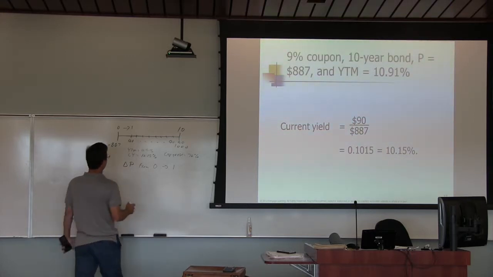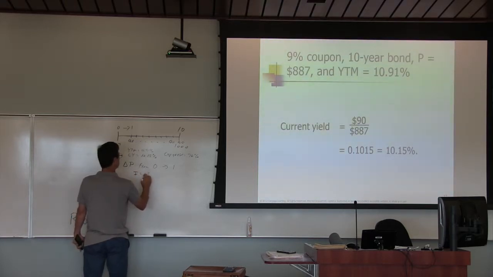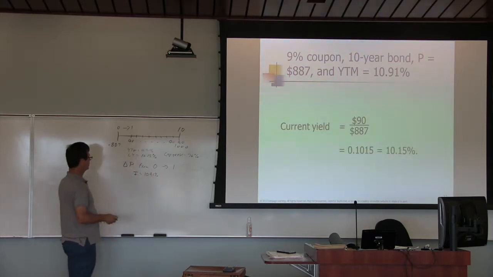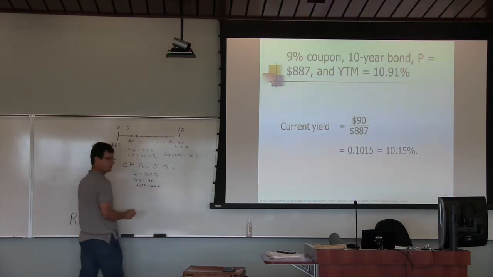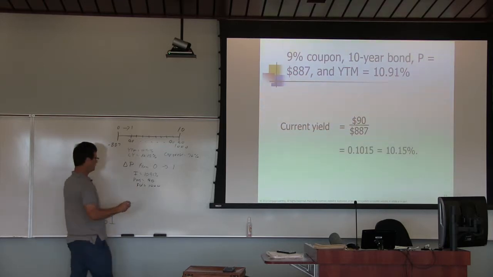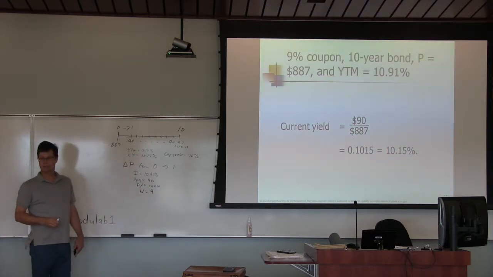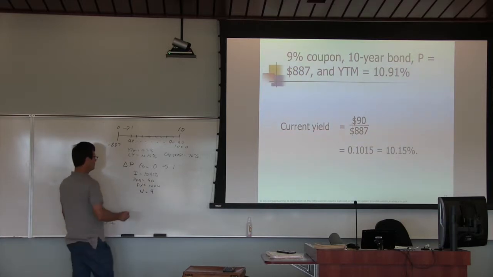So our inputs now become, well, we're looking to find the PV. We have the same yield to maturity there. We've got the same payment. We've got the same future value of 1,000. But the number of periods for this discounting has now moved down to 9 years. Okay, so now we want to see what the actual change in the price is going to be on that particular bond. So now we put this all together,